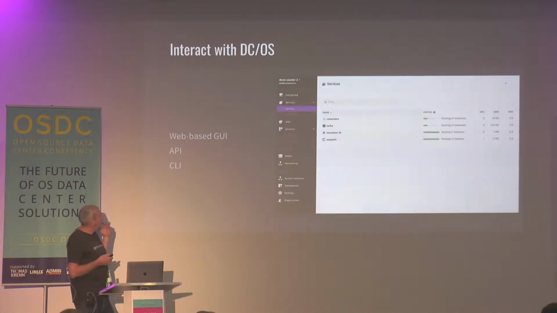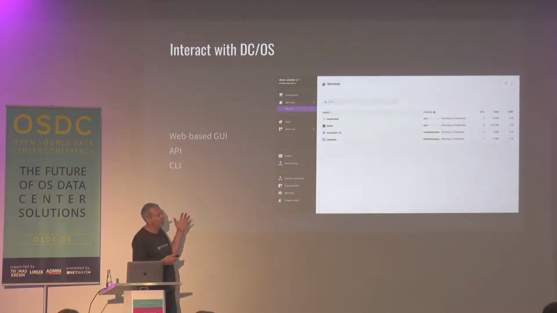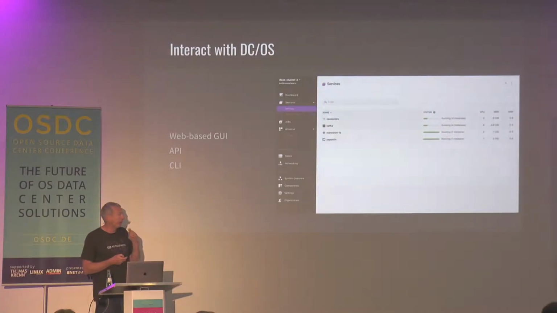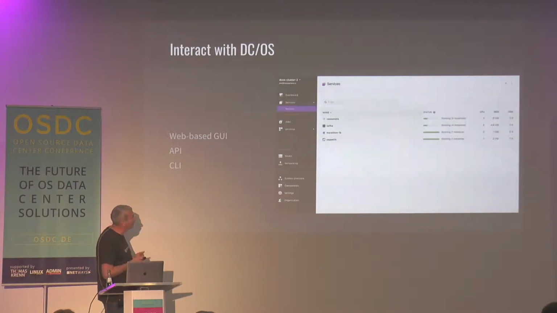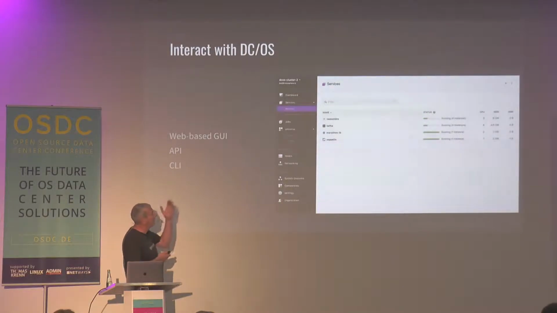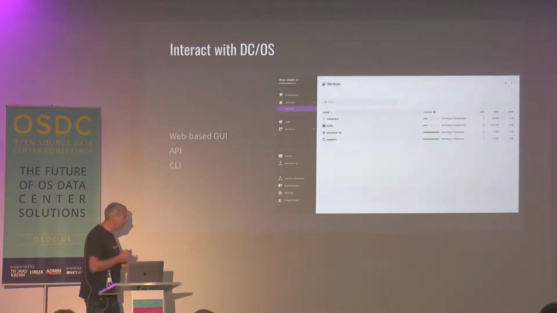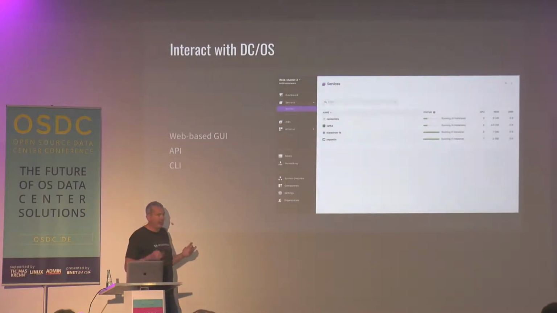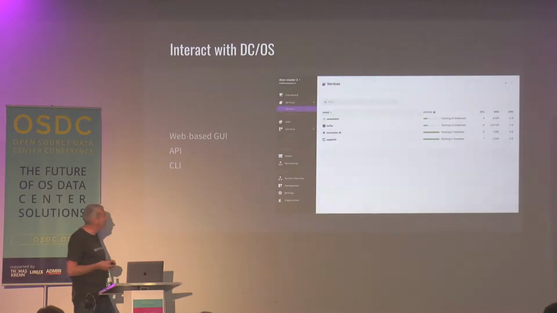So from a UI perspective, we could see straight away that DCOS gives us a much clearer picture of what's going on in our cluster. It's much more focused on the operational things that we need to see whether what we're trying to do is working correctly. So we can see in this view, we've got the health of the applications that are running within our cluster. And through the CLI and API, you've got access to all of the functionality, so it's very easy to automate, very easy to integrate with.